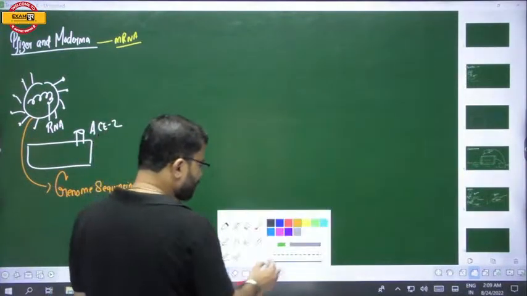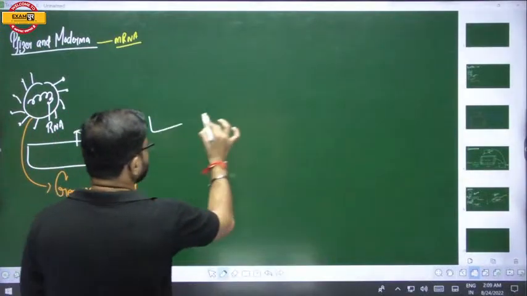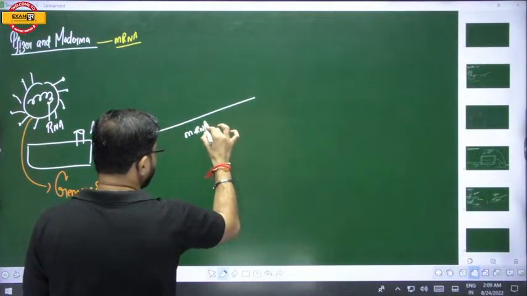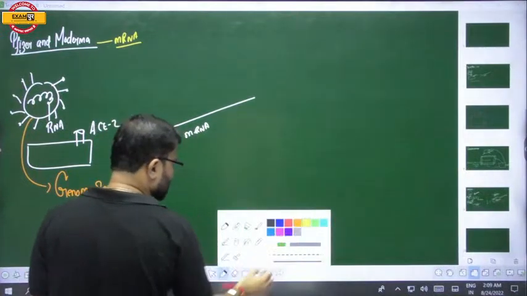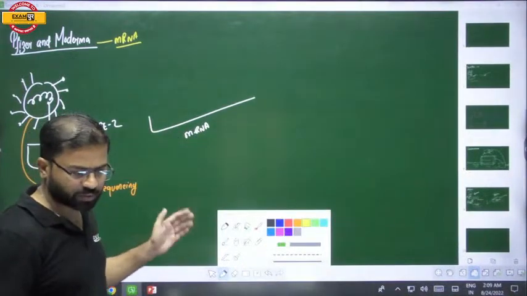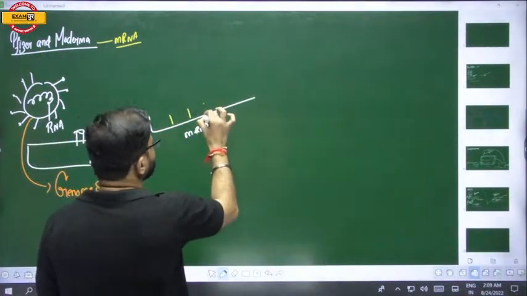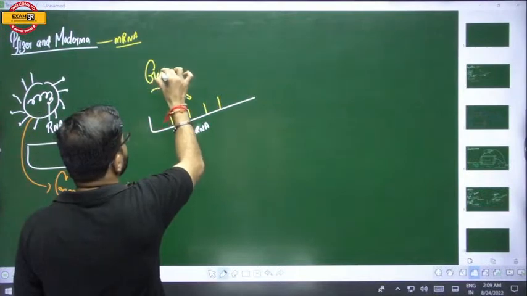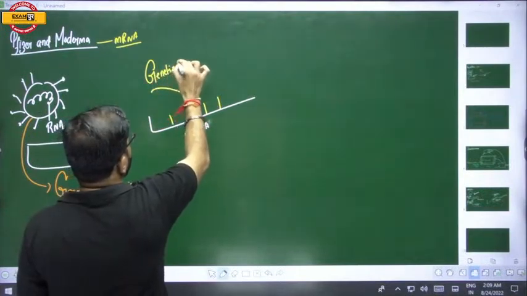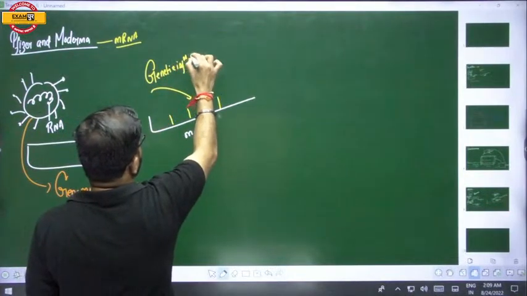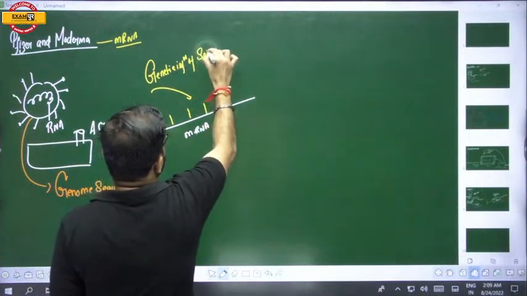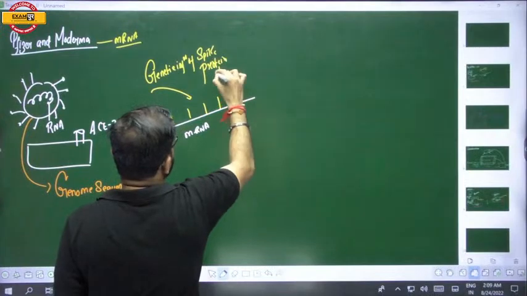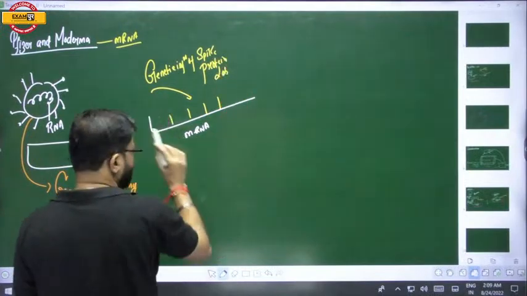So now how is this mRNA being prepared? Suppose this is your mRNA strand. In the lab, you have prepared an mRNA strand, and in the lab itself, we have prepared the genetic information of spike protein. This is the genetic information of spike protein, and it is being prepared in the lab. So this is your mRNA.